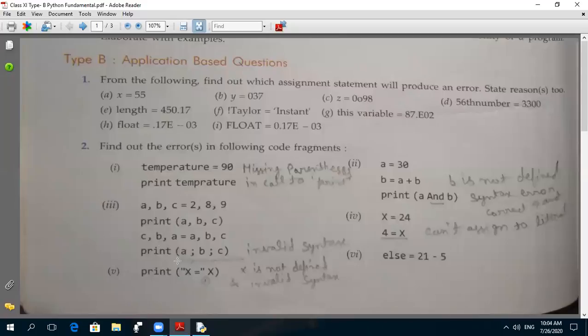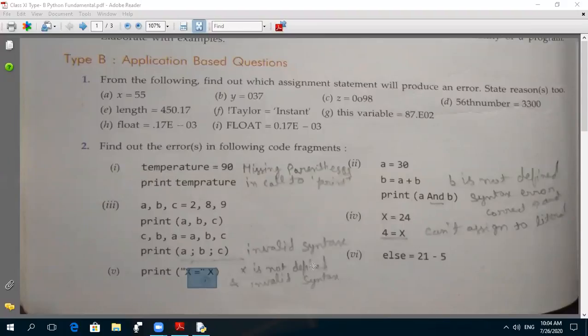Separator means a comma. The comma is missing, so that's why it is invalid syntax. Clear? I have drawn a small comma here in a circle, so that means the comma is missing. If you write a comma in between, then it is not an error, otherwise it is an error.